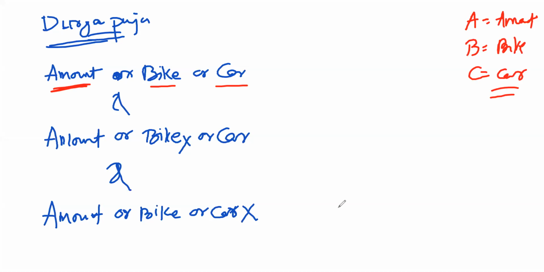We have asked that amount or bike or car, and amount or bike, not all, bike not there, it's okay to us, or car, or amount or bike, car is not there also, it's okay to me. So what conclusion can be laid out of the expression? First, let's express this. Amount or bike or car: A plus B plus C, or A or B or C.